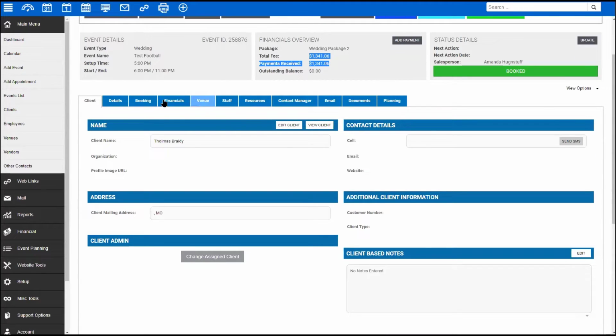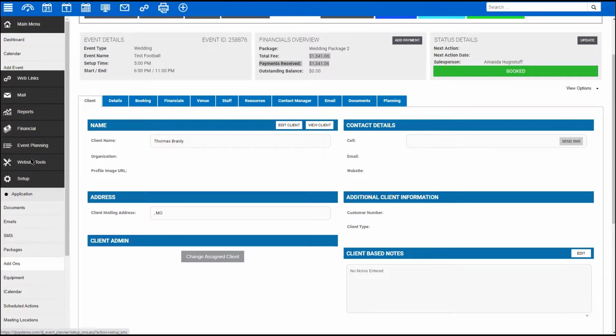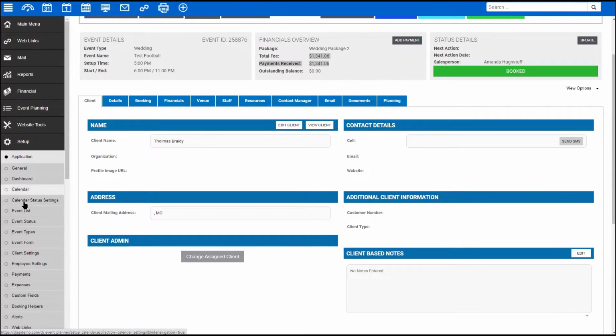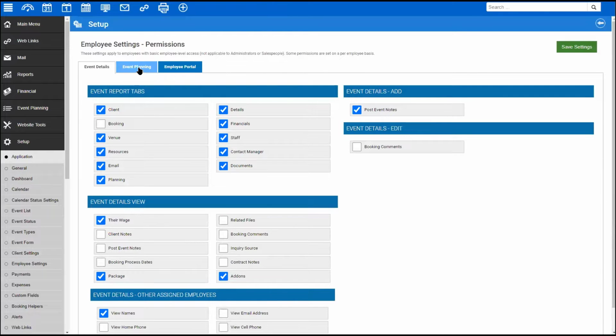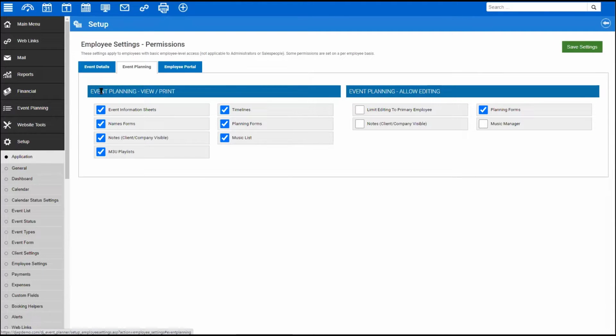Can they see the financials? What else can they see underneath there? There is additional settings as well underneath that for permissions for event planning. What are they able to view and print underneath the planning section, as well as editing. You can also limit editing to just the primary employee, or if you uncheck that, it